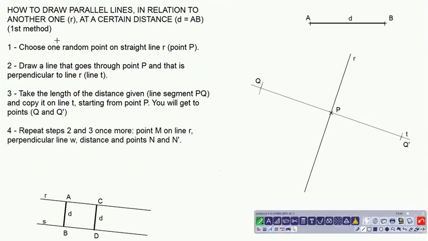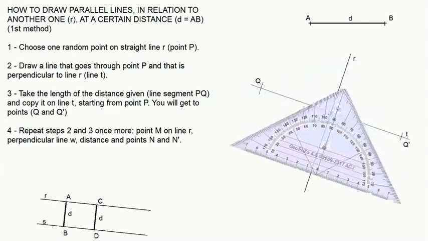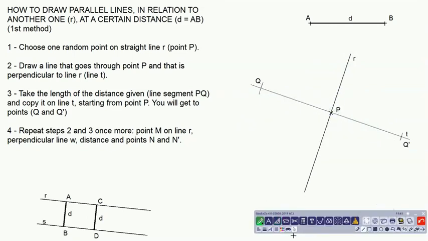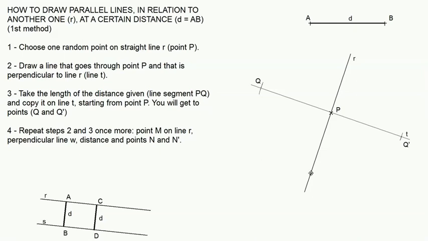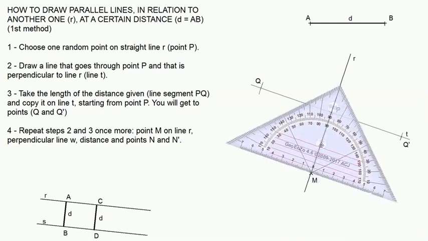This is one of the methods, okay? We're going to follow it. Now we will draw another line, also perpendicular. Okay, first of all we select one point, for example this one, point M, and we draw another line perpendicular to line R,